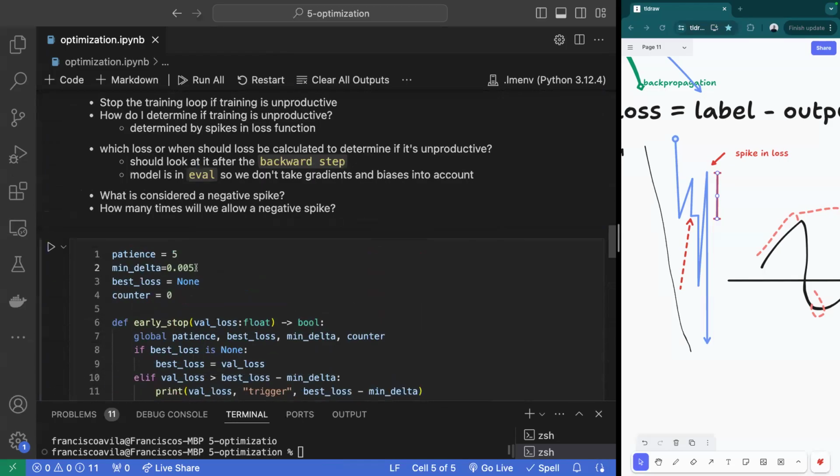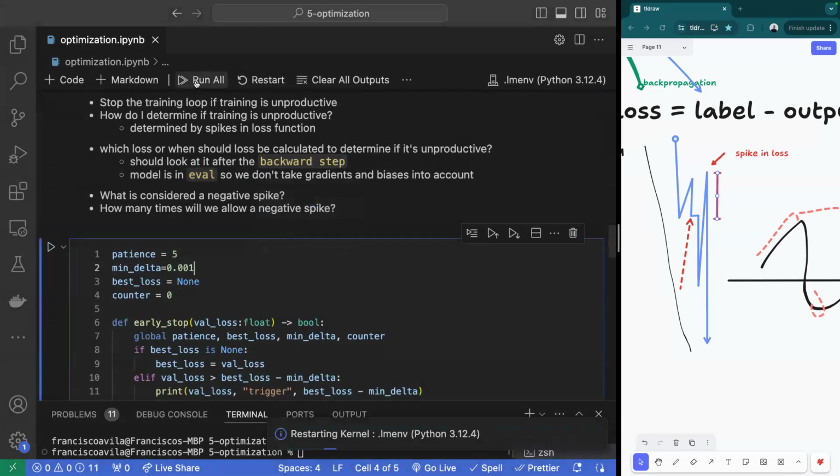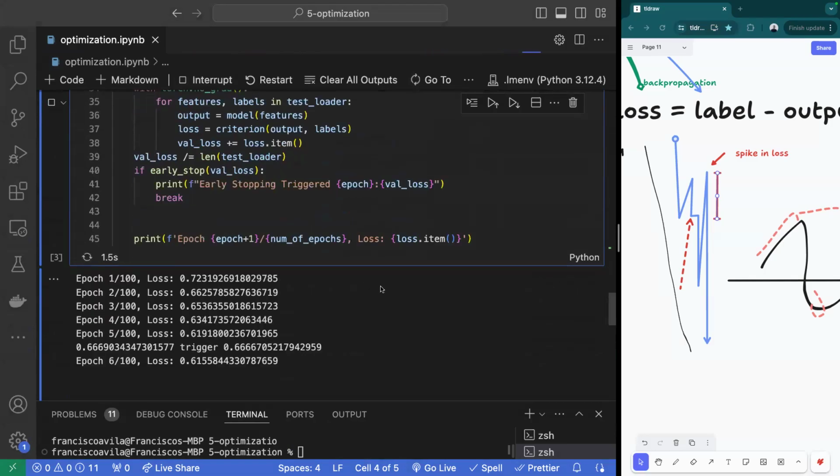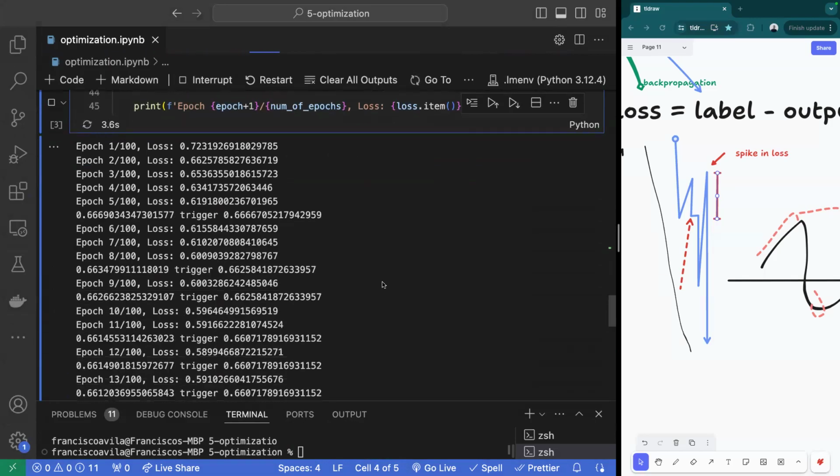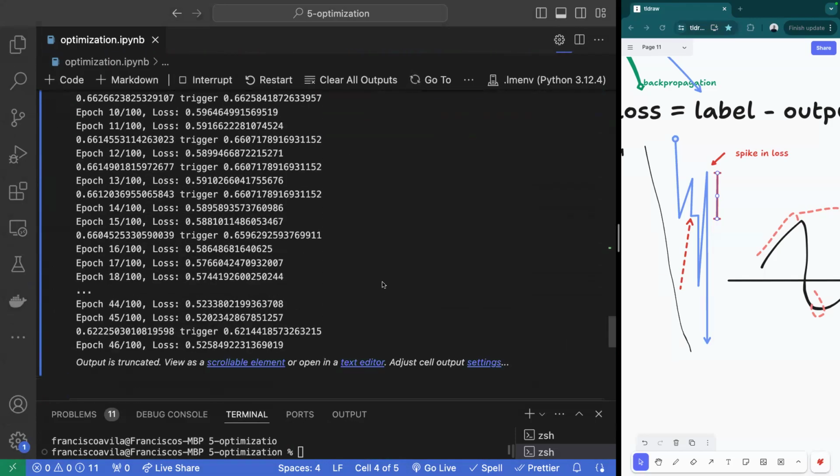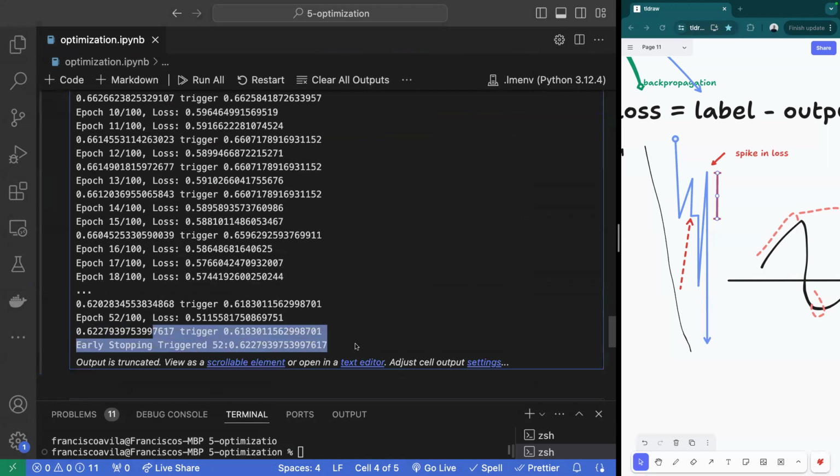All right, so let's try to make this 0.001. And let me restart my entire kernel and run the entire application now. All right, so it's going much better. Now it actually made it through 52 iterations, where at 0.001 it was not improving, right? So here we see we're looking for